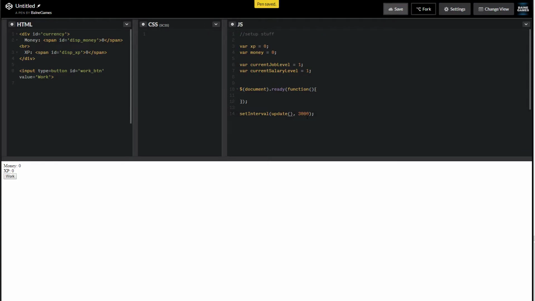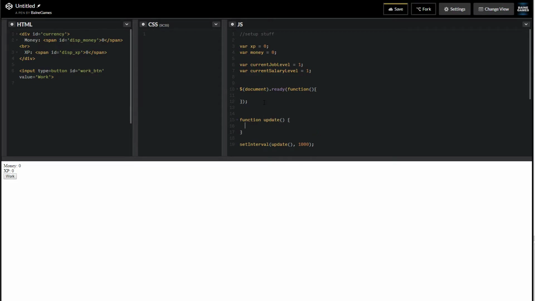Save. Okay, cool. So this function update is actually now going to be running every 3 seconds. We'll want it to run a little faster than that, so we'll just set it up for 1 second at a time. And then some other options we could possibly do is come up with ideas to start lowering that. But yeah, I get the idea. So we have this function here called update. So right off the bat,